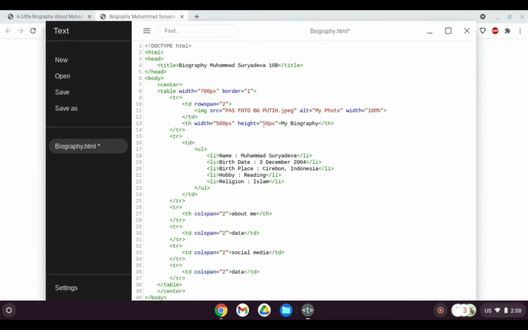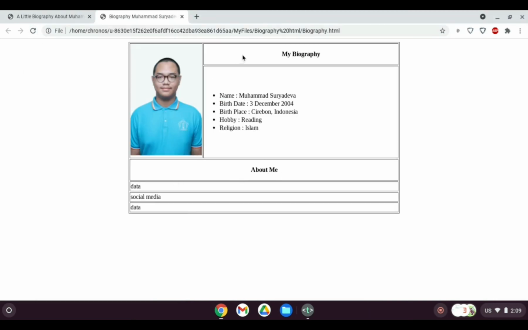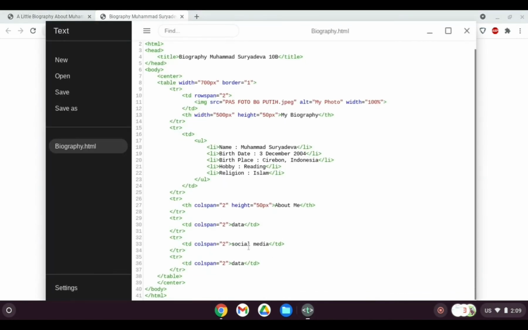I want the height to be 50 px too. Let's make this capital first. So height equals 50 px, just like that. Now we save this and boom, now it's the same as my biography part. I want to do the same to the social media part. How to do that? It's exactly the same. Let's just copy paste because I'm lazy.